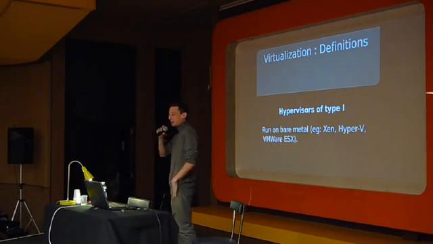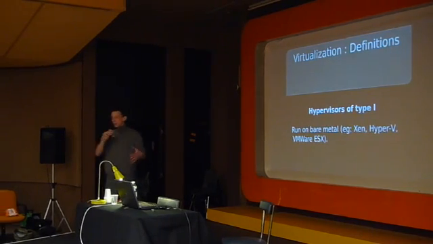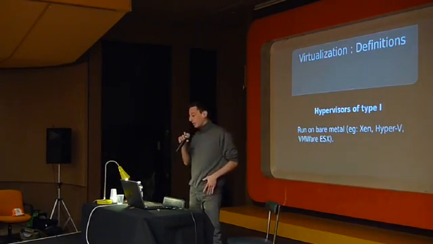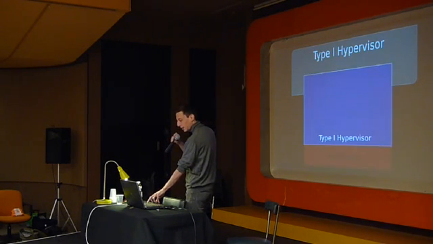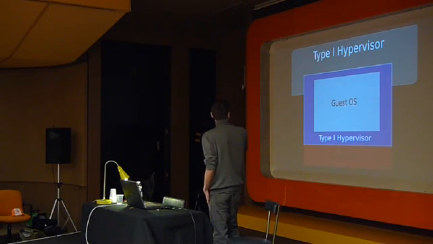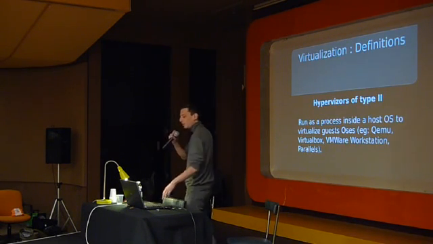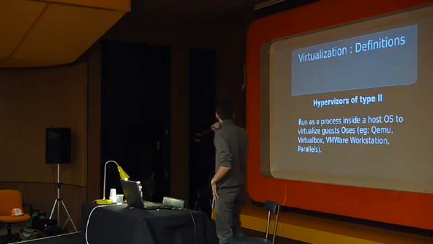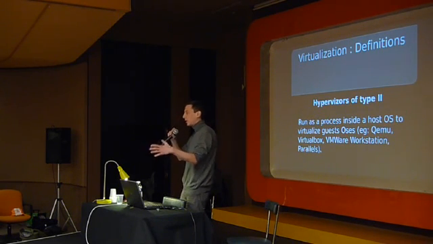So type 1 hypervisors run on bare metal. Typically, those are used by big players. You don't have an operating system. The hypervisor is the operating system, and it holds the guest operating system. So, for instance, Hyper-V from Microsoft, Xen built by Citrix, or the Type 1 version of VMware, which is called ESX. So, if we look at it, the hypervisor runs directly on the hardware. This is opposed to Type 2 hypervisors, where there is a host OS between the hypervisor and the hardware. Most of the virtualization you are running on your Linux